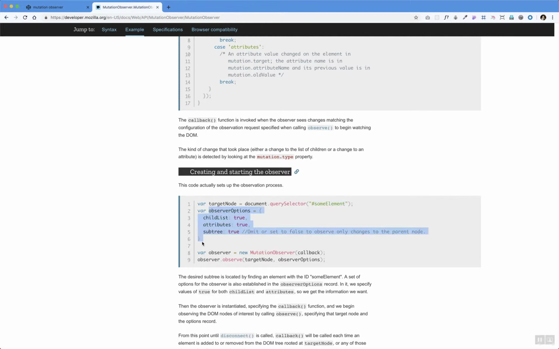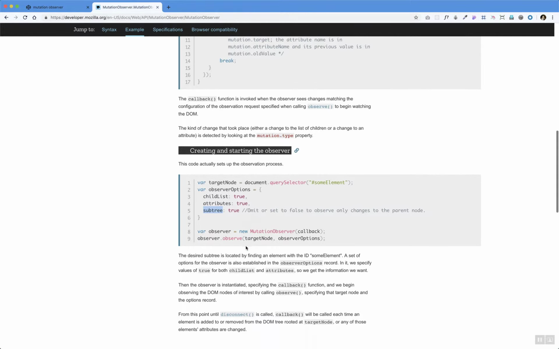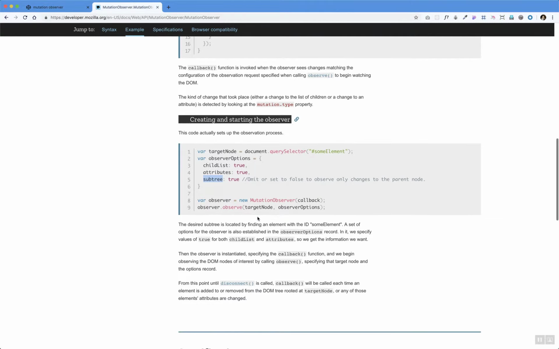These options can confine the kind of changes that the mutation observer has to listen to, whether it's just the child list, or just the attributes, or just the subtree. Each of these can be independently turned on and off, and the observer will react only to those options which are turned on in this